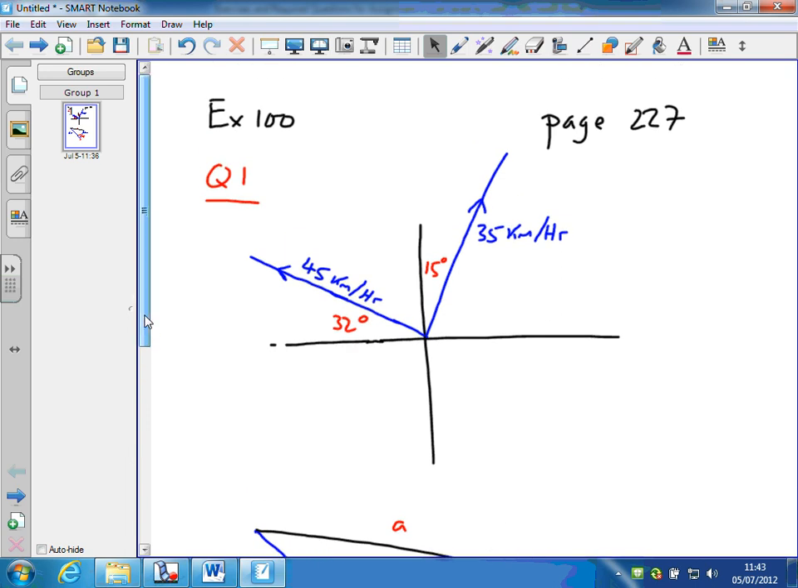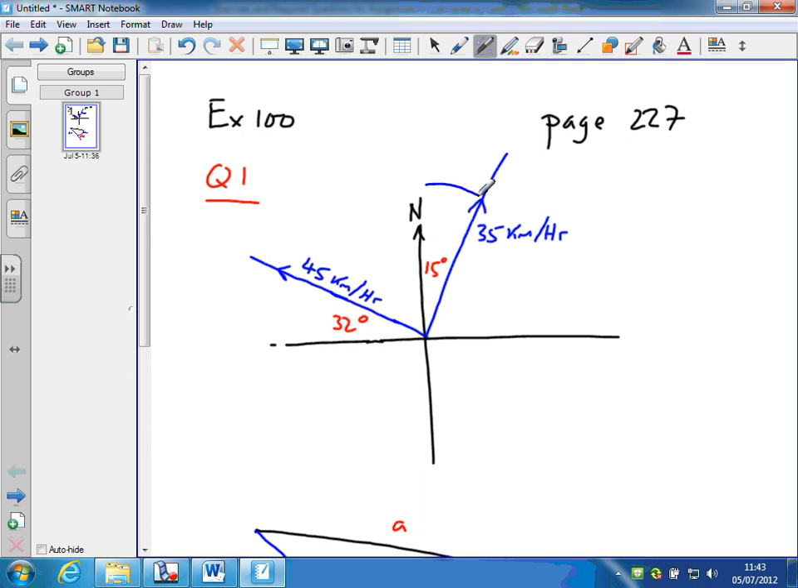So what I've done here is to draw my north and west and east, and then put on the directions of these vessels. So one is going 32 degrees north of west, 45 kilometers per hour. So that's this one here, 32 degrees north of west. And the other vessel is going 35 kilometers per hour, 15 degrees east of north. So that's